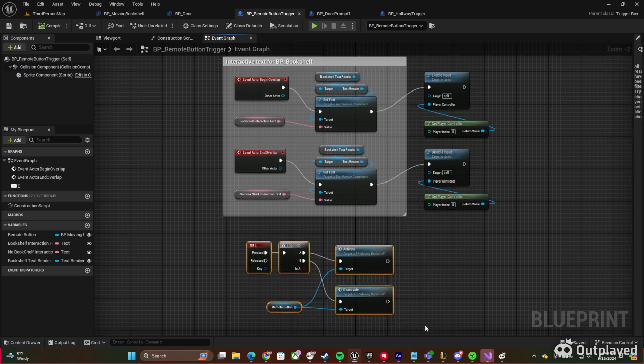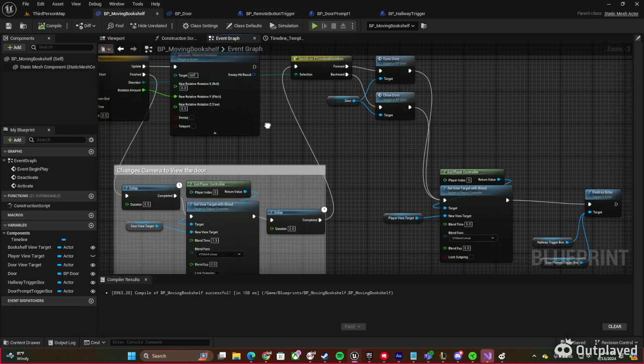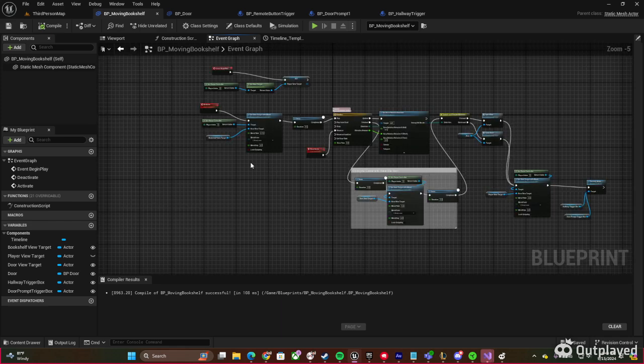And the interaction they can do is by pressing E. It's going to activate. It's call that custom event that we created earlier. And then pressing again, it's going to deactivate through the variable of the remote button. The remote button in this case is the moving bookshelf. So we're going to go to the moving bookshelf, and we show